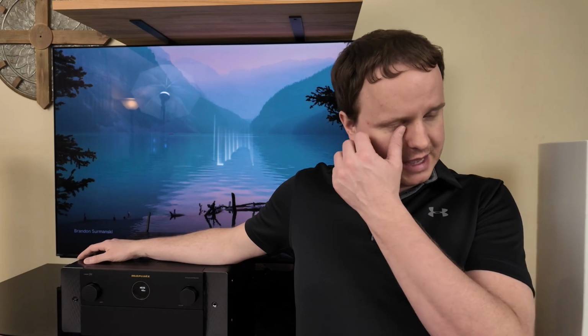monstrosity of a receiver because this thing weighs in at 40 pounds, which for a receiver these days is pretty decently heavy. But the Denon A1H is a 70-pound monstrosity with 15 channels of amplification at 150 watts per channel. This unit has 11 channels of amplification built in at 140 watts per channel. So pretty decent amplification. That means that out of the box, without adding any external amplifiers, you can use